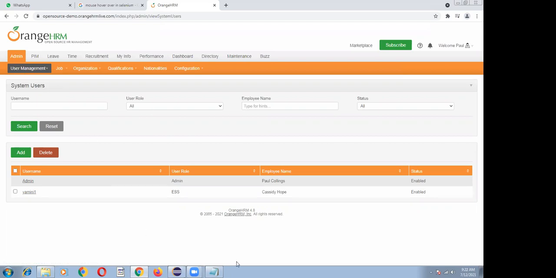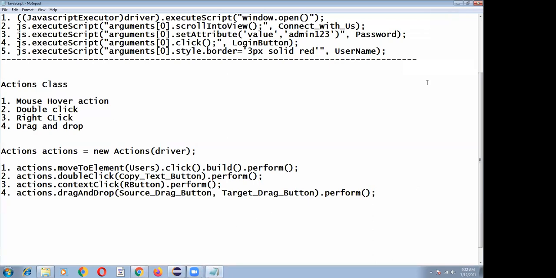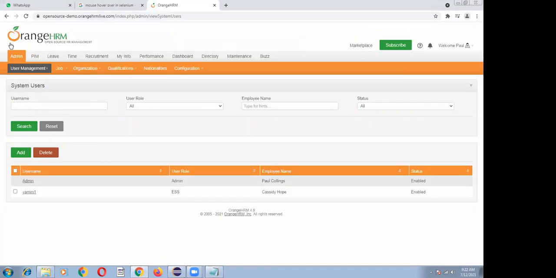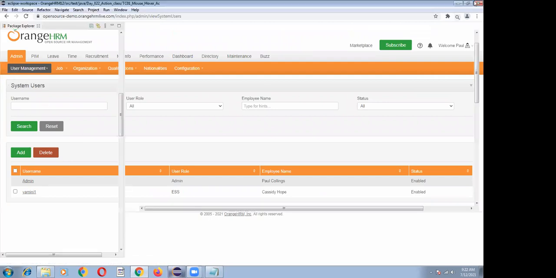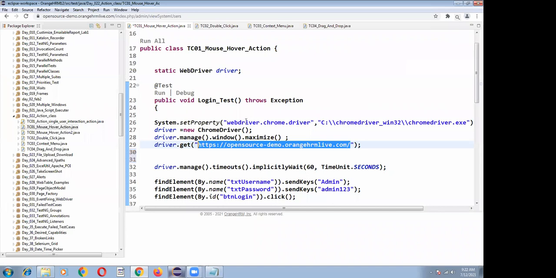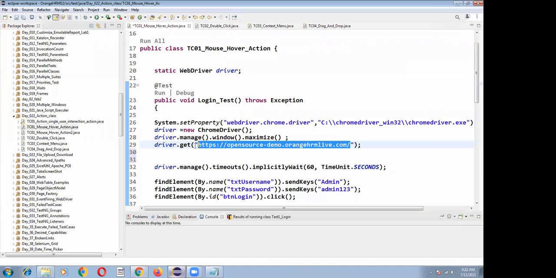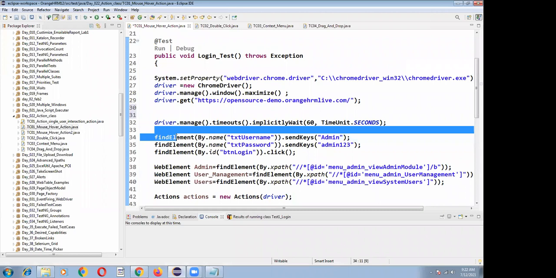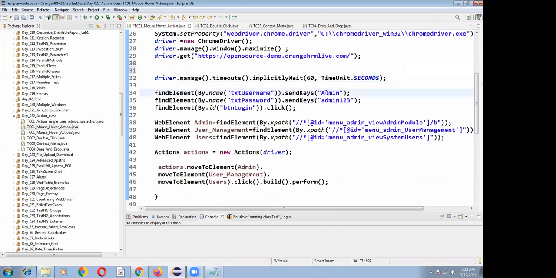Now I want to create web element objects for Admin, User Management, and Users. This is the mouse menu operation I'm going to handle. After entering admin and 123 and clicking the login button, I navigated to the home page.